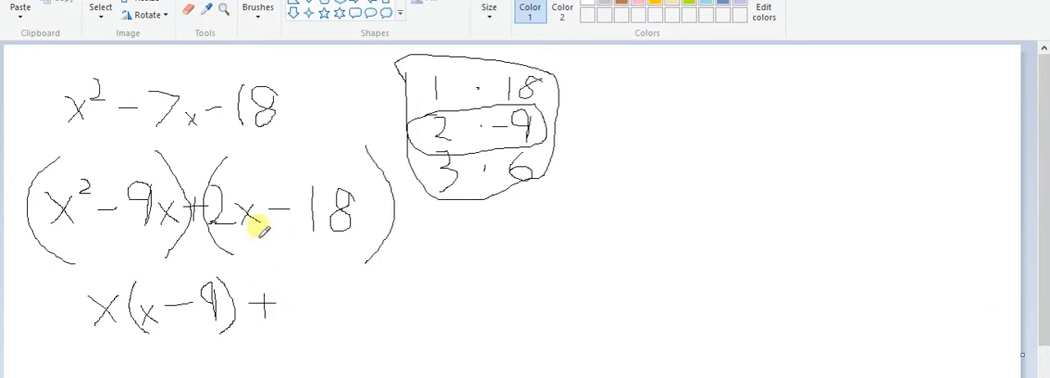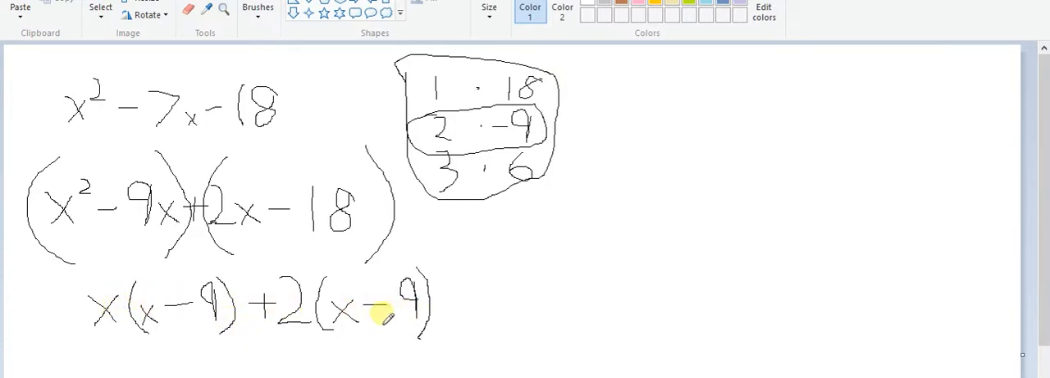Okay. So now the next thing. We got 2x and negative 18. Alright, what can we factor out of this? Well, I mean, I'm seeing 2 right now. We could easily factor out a 2. So, let's factor out a 2, and we're left with x minus 9. Okay, so now what we have is a beautiful situation where we have x times this number plus 2